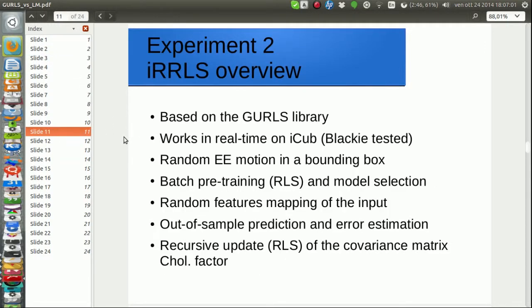This is the overview of the application, which is based on the GURLS library, Grand Unified Regularized Least Squares library, and it works in real time on the iCub robot. It's been tested on the black robot. The motion of the arm has been recorded while the end effector moved inside the bounding box of predefined size,